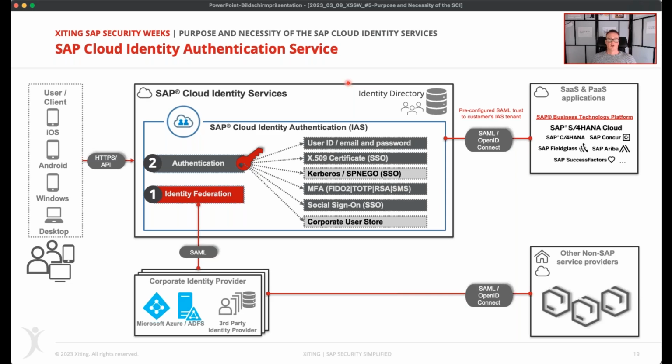When it comes to persisting users or creating not only employees, but also partner users, externals like customers and so on, then the Identity Directory comes into the game, where you can create your users or maybe automatically provision your users in there. And then you can also make use of the authentication capabilities and security features that the Identity Authentication Service provides. There are a lot, so I don't talk about this in this webinar. We have some other webinars that focus only on single sign-on and such. That's just a small overview here.